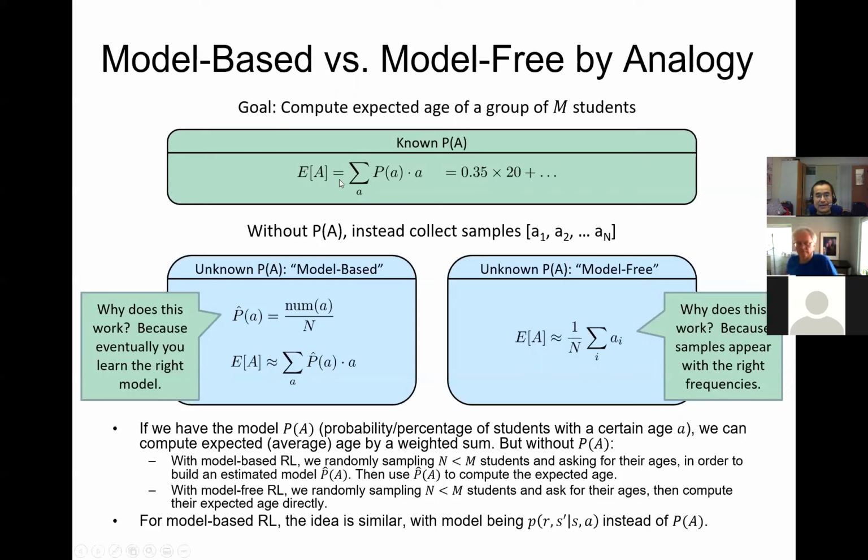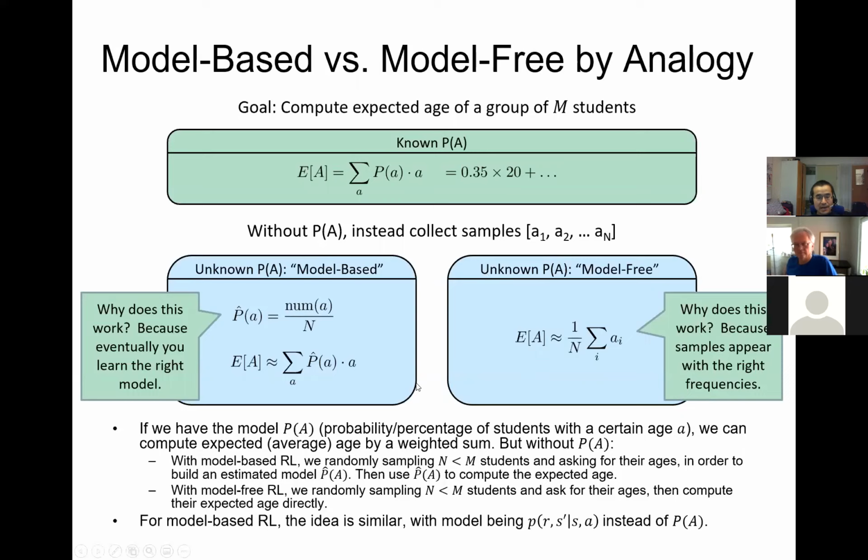So E[A] is the sum over a of P(a) times a, where P(a) is your model. But without the model, you can collect samples of ages of the students. With n samples, where n may be much less than M, you can estimate